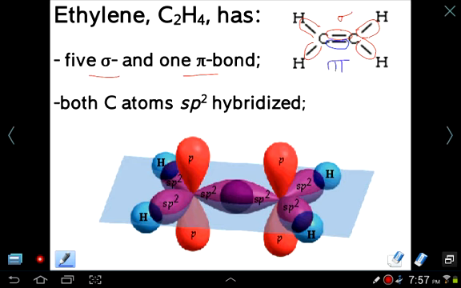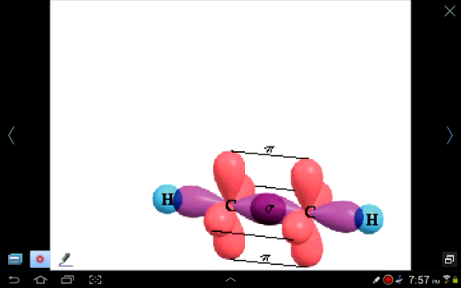If you visualize what this looks like, your sigma bonds are these sp2 hybrid orbitals. Here they are. They're between the two nuclei. There's a carbon nucleus here and the hydrogen. So these are coming between the nuclei, sitting between the one carbon and the other. And then your pi bond, the unhybridized p orbital, is the one that goes up and below. And so what happens is